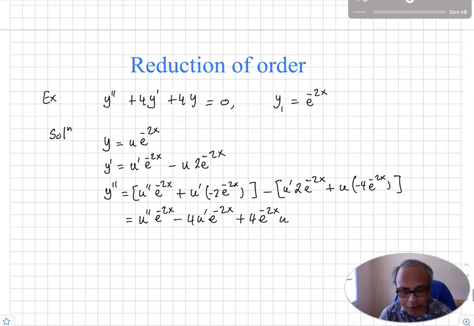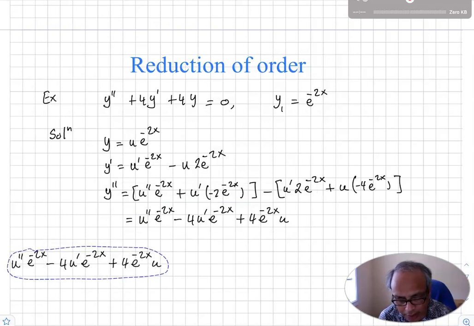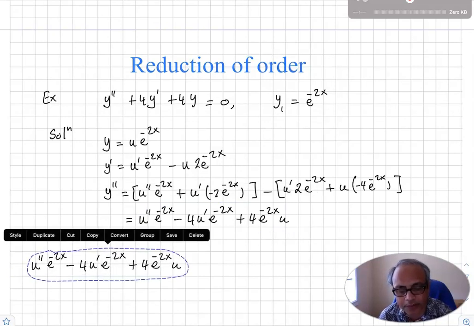Okay, so now we are going to take this quantity and substitute here. Take this quantity, replace y prime, and then take this quantity, replace y. I take this quantity and set it for y double prime